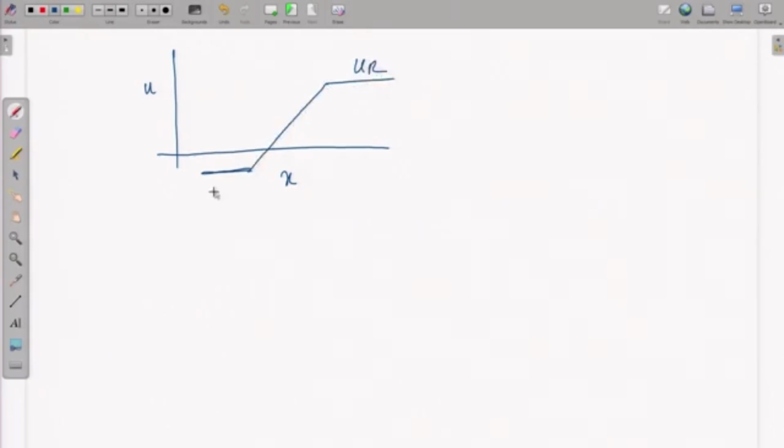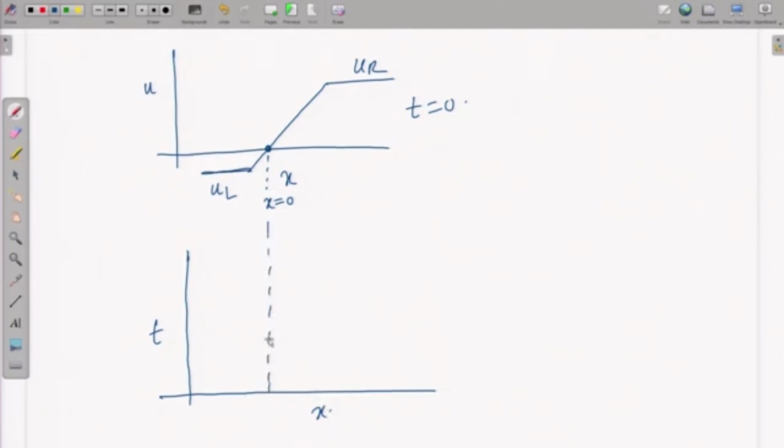So, you have a UR here, you have a UL and a linear variation in between. Let us say it crosses over here at x equal to 0, and this is what you have as an initial condition. Then you can show that in the x-t space, this is where the characteristic will be vertical, and then in this region the characteristics will be slanted with the slope defined by u r,